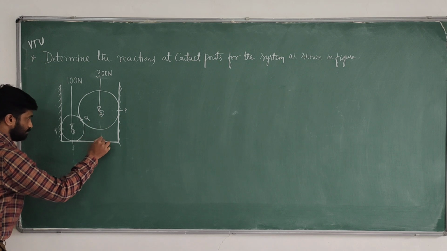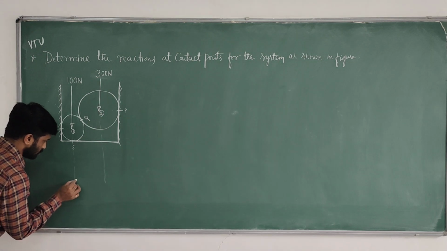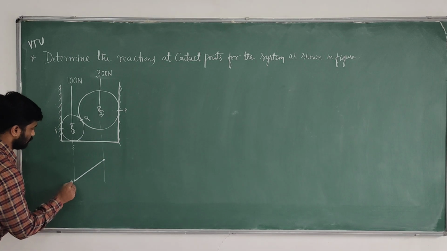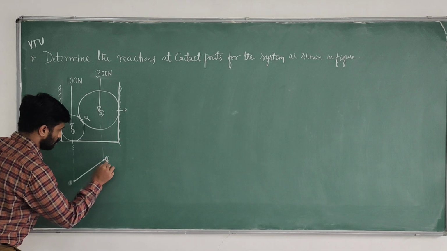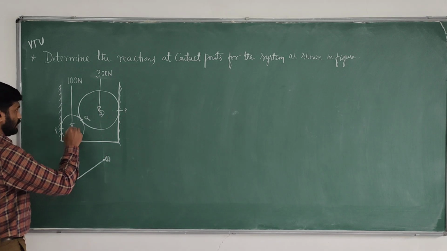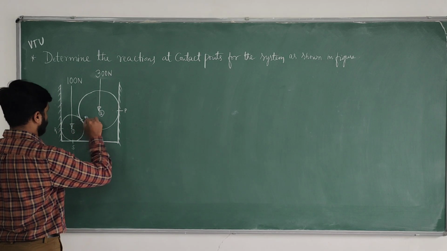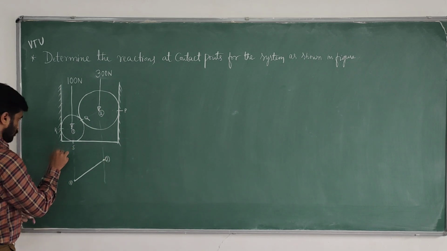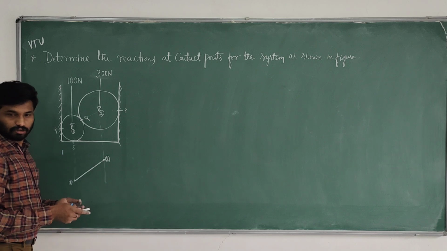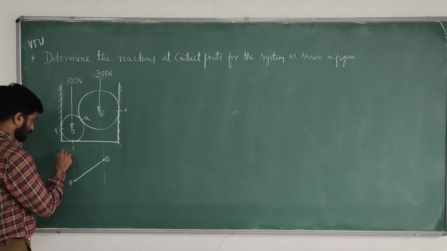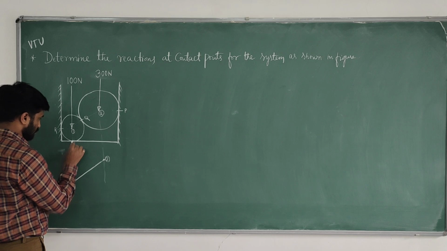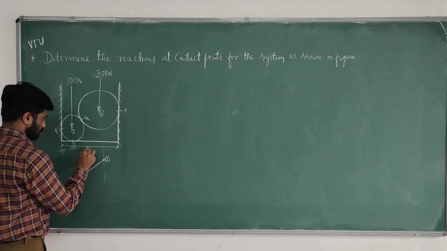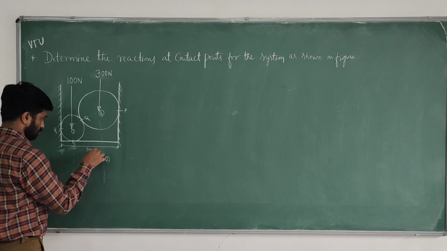For sphere 1 and sphere 2, just join the origins. So this is sphere 1 and sphere 2. Join the origins. Here this is 90 mm. Just see the problem. It's 90 mm. Yes, the base distance is 90 mm. This is given in the problem.